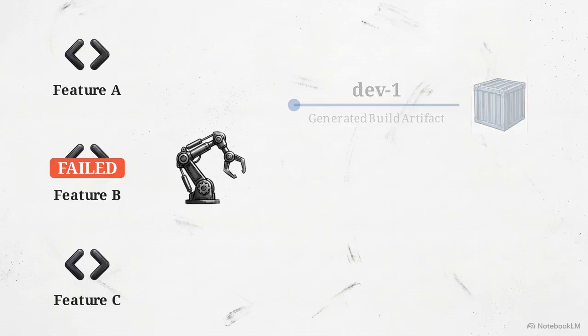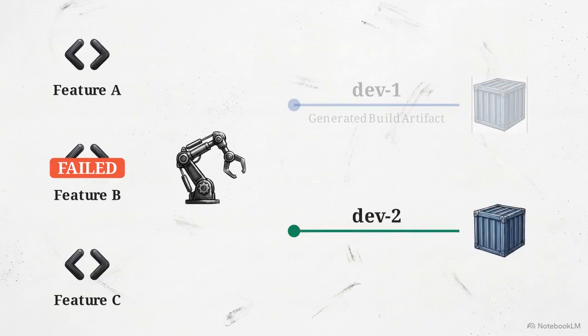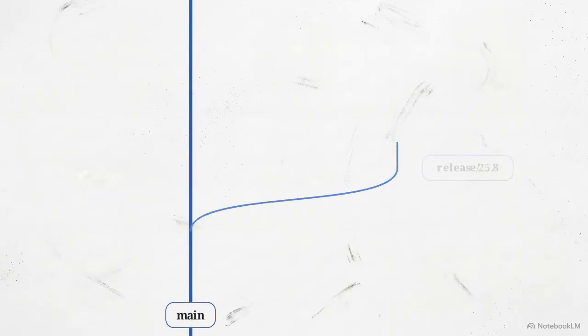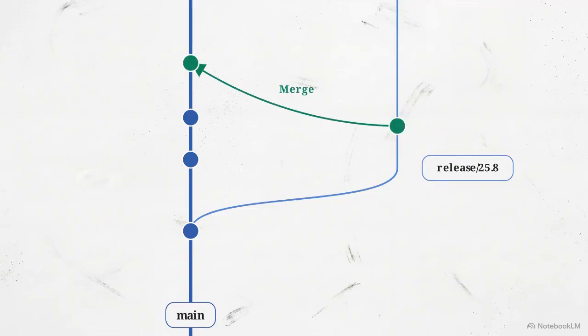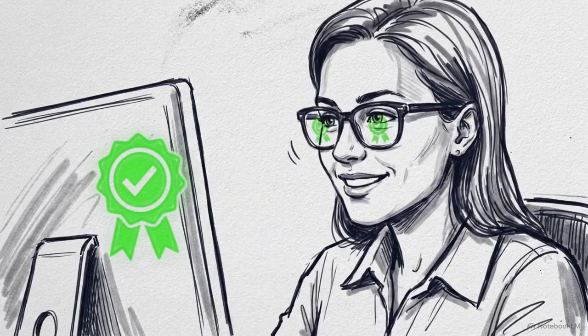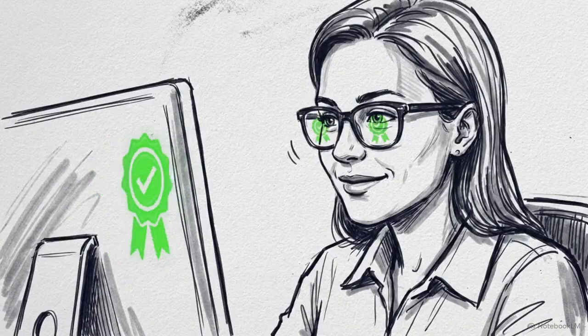If a feature fails QA, you drop it from the integration manifest and let automation recreate a pristine dev2 branch with only the successful features. For teams with manual human QA, the stabilization period is longer. In these cases, the fixed direction reverses. Engineers fix bugs on the release branch first to maintain a stable testing target, and then merge those fixes back into main. Whether using manual testing or automated feature bundling, disposable integration branches protect the integrity of the final release